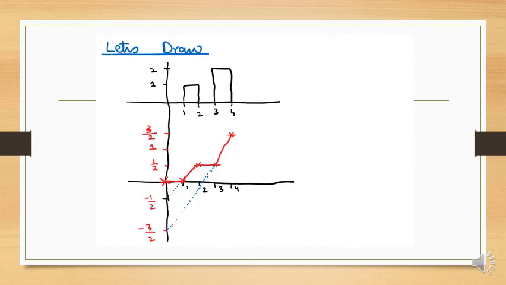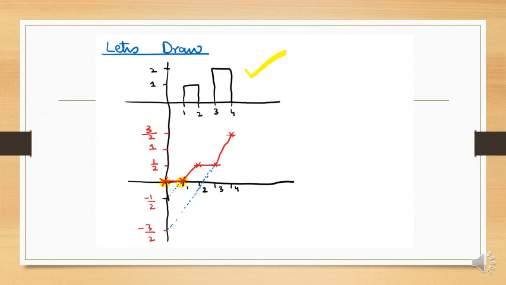The final task is, how can we draw this waveform? First of all, we'll draw what is given at our input side. This waveform was our input waveform. In this waveform, from time 0 to 1, we had 0 waveform. These are the 2 points, first point and second point. We draw a 0 line on the x-axis.